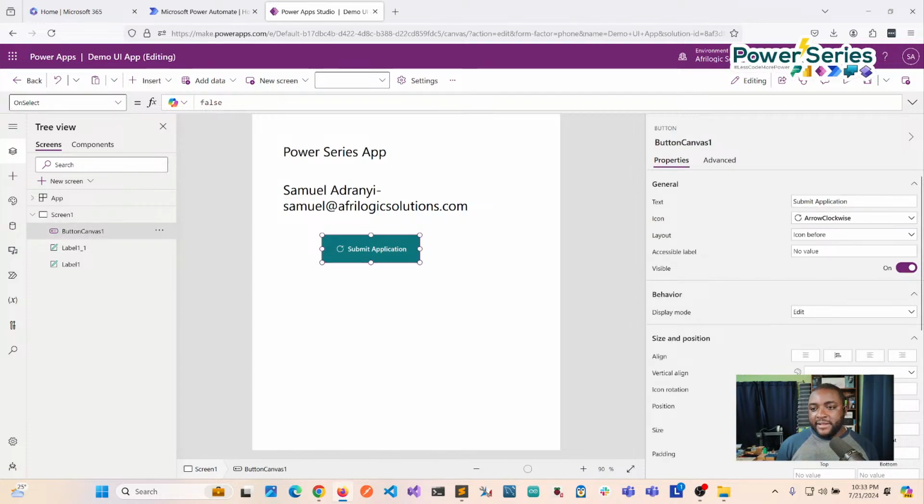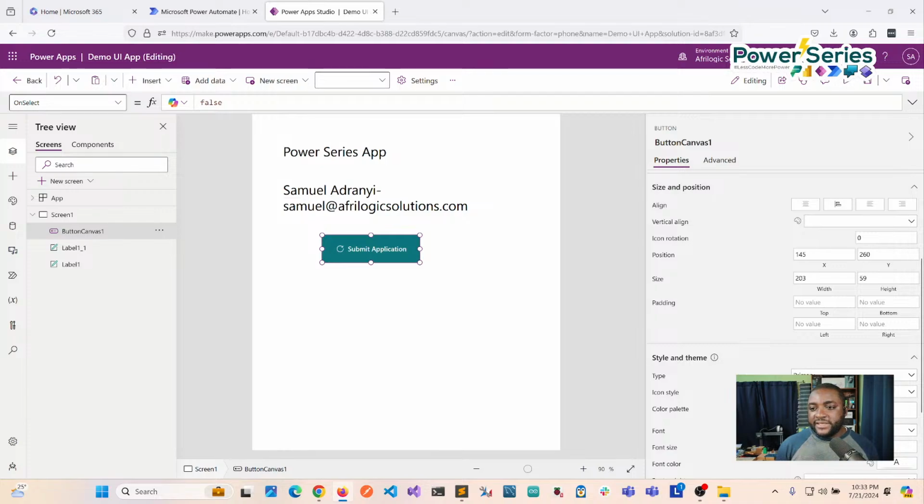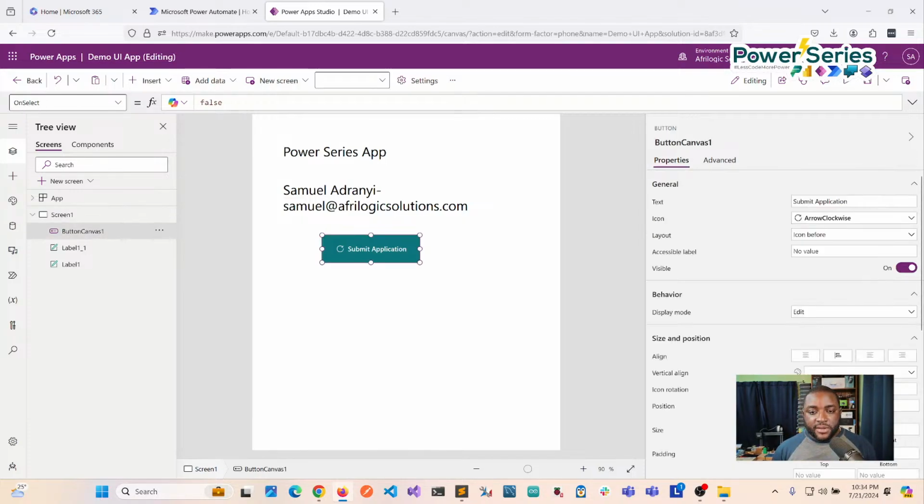I can now add an icon, and the other cool thing is that I see the theme. I can now link it to the current theme or pick another one. You go to the styling theme. As you can see, the type is primary. Now the other thing about the buttons is that they now created a few types of buttons. So let me do this. I'm going to copy it a few times,